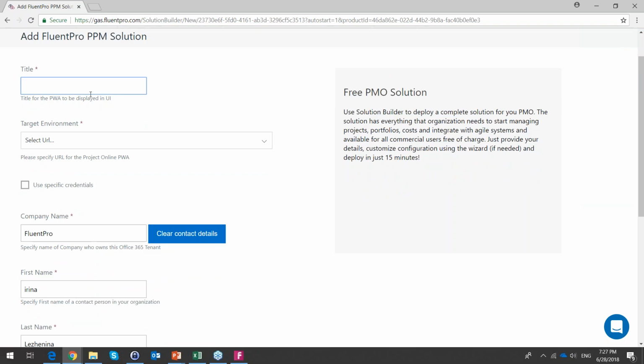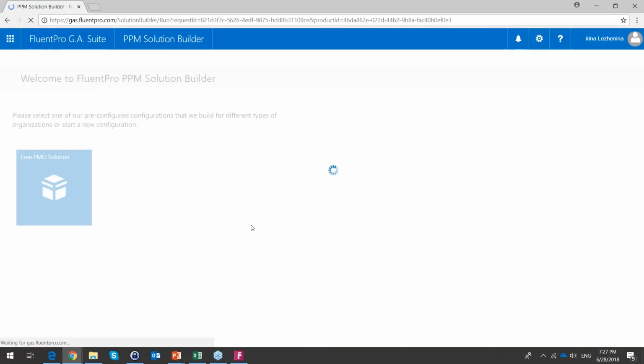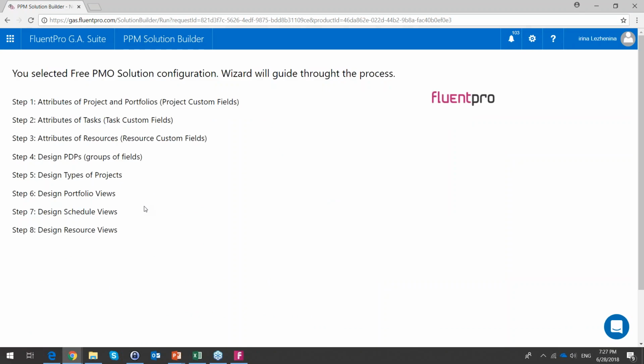We will need to provide the title here, select the URL where we would like to deploy this initial PWA configuration, provide the details here, click register, and we will get to the first step of this